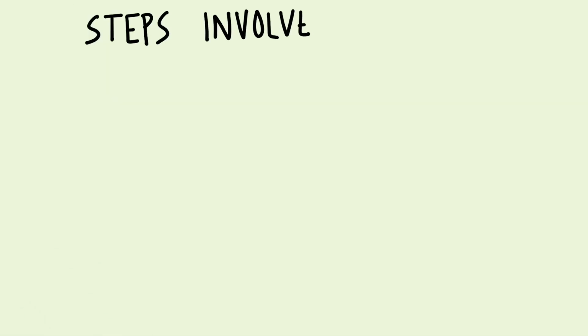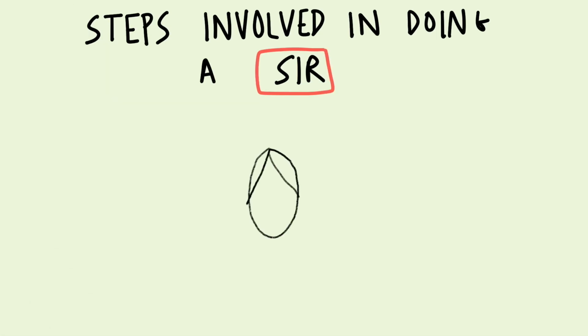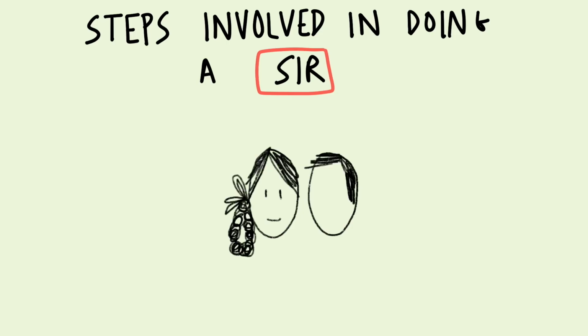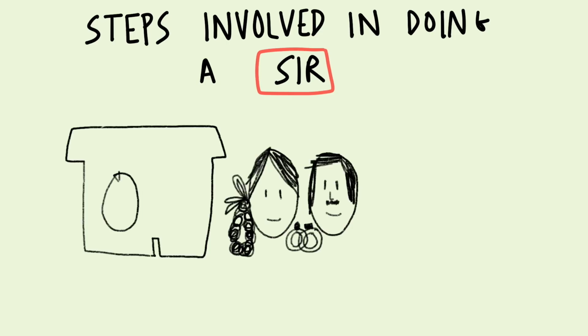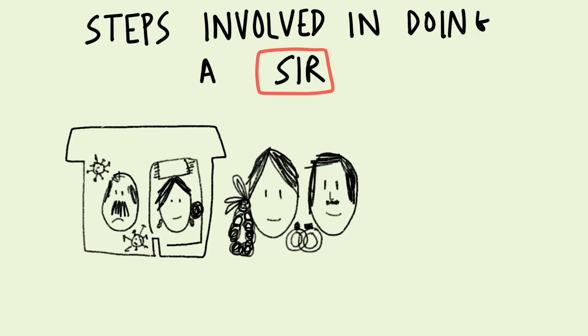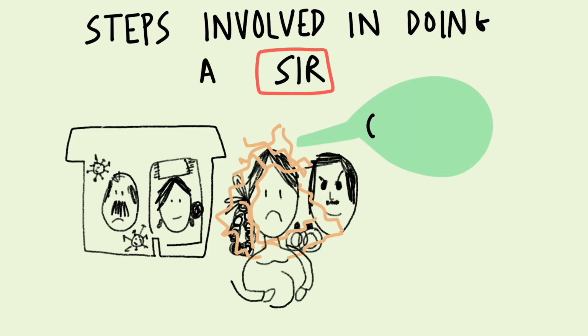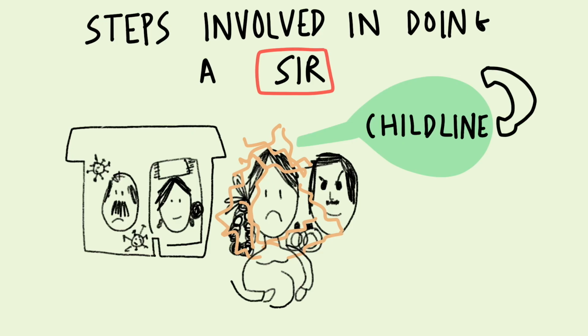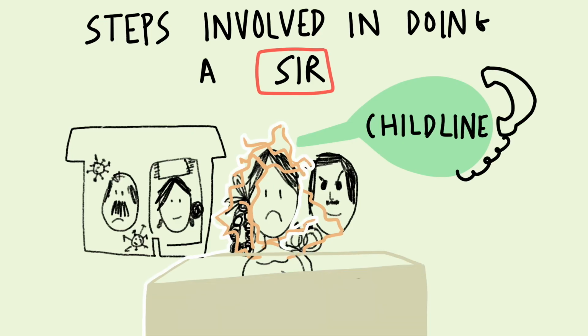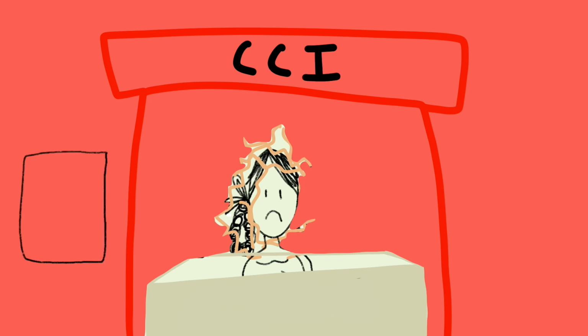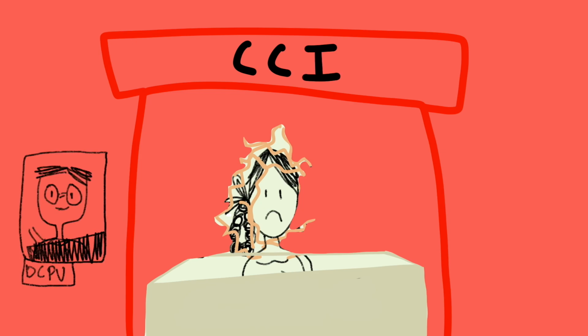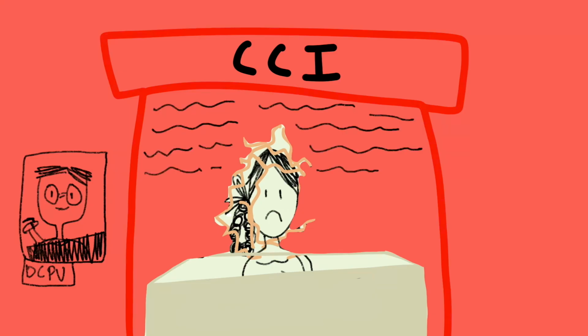To understand what are the steps involved in doing an SIR, let's take the case of 17-year-old Geetha. She was forced to marry 28-year-old Gopi after her father lost his job during COVID and her mother became bedridden. Gopi subjected Geetha to multiple forms of abuse. Geetha was 9 weeks pregnant when she contacted Childline and was rescued and produced before the CWC. The CWC placed Geetha in a CCI and directed the DCPU social worker to prepare an SIR and submit it